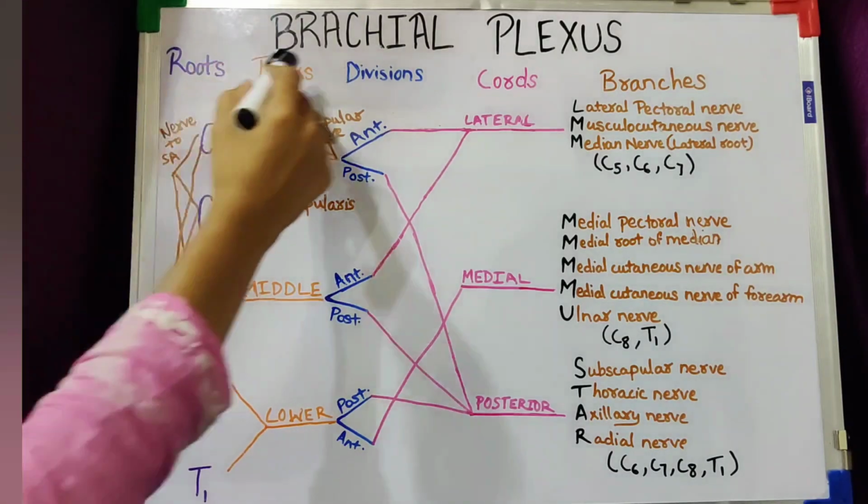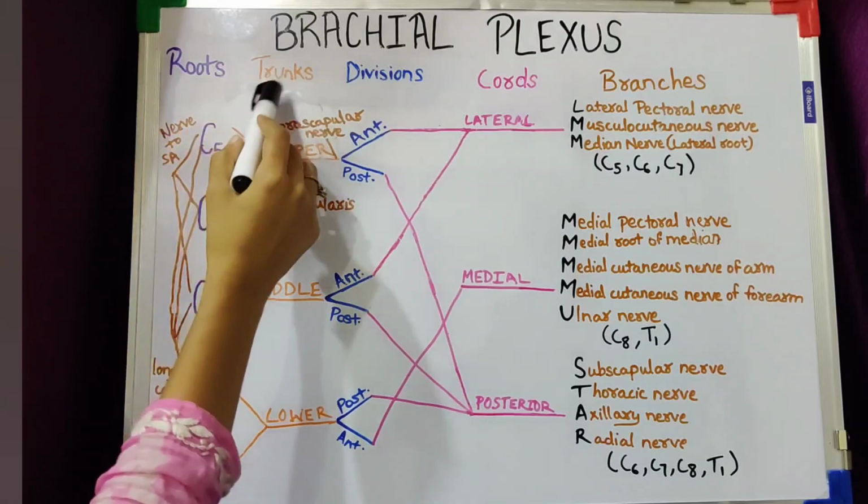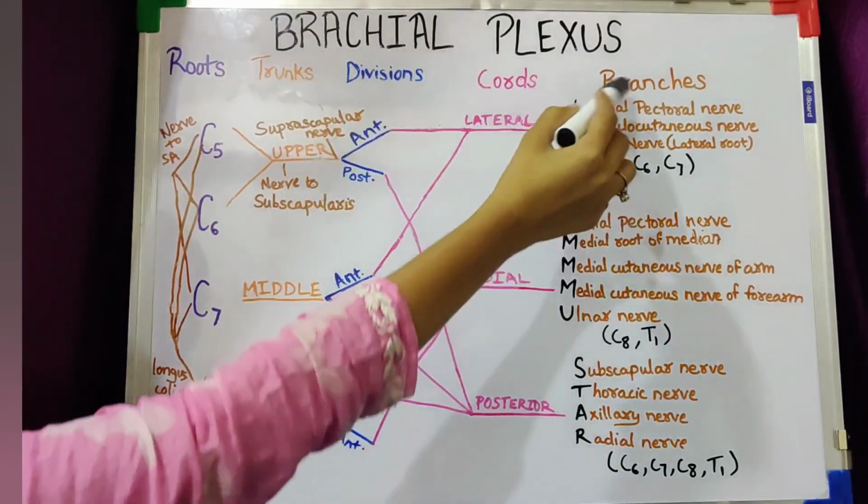When you saw the topic, you must be thinking that this is going to be a very complicated video or a very complicated topic, but it's not so. Actually, the topic brachial plexus scares many people, including me when I was in first year, but it's actually very easy if we try to break it down and learn. So I'll show you how. The brachial plexus consists of roots, trunks, divisions, cords and branches.